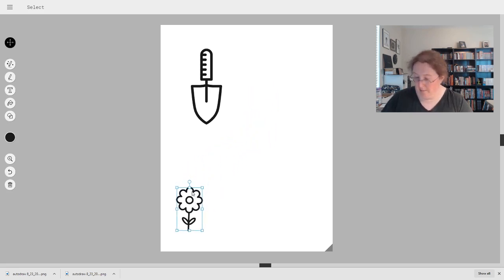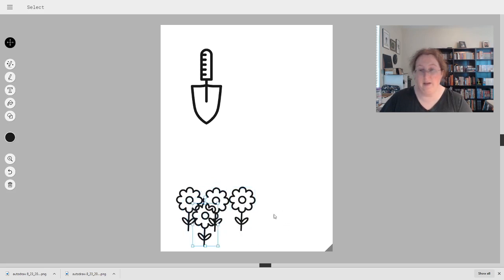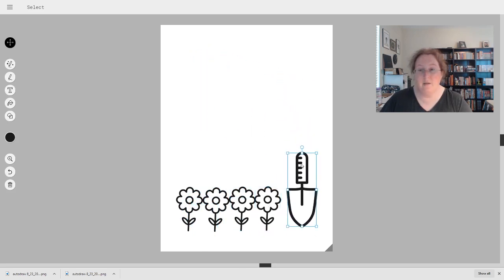And I'm using my mouse button, or the keyboard buttons again, Control C. And then I'm going to hit Control V, and look, I got another one. Control V, yeah, I got another one. And Control V, and I got another one. And I'm going to move my garden shovel,